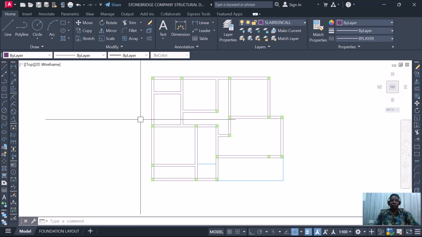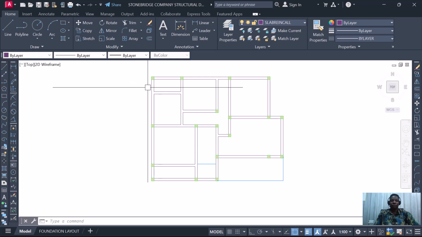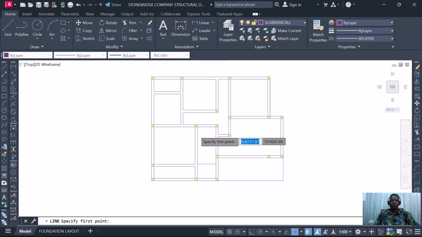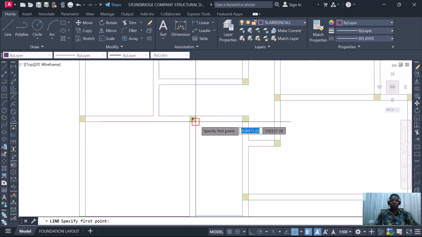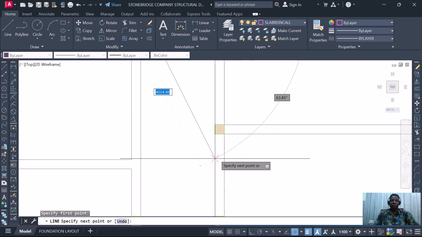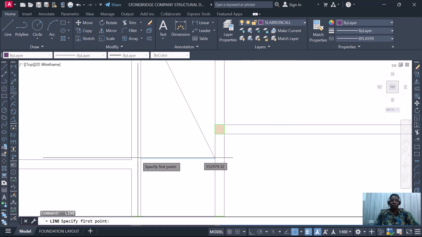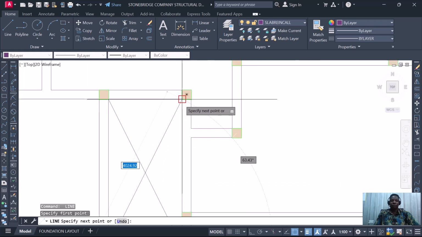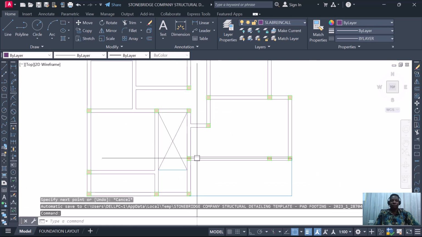So the next thing you need to do is to locate the void. You have to search for where we have the void along here, because you can't just detail the slab, as there's a space for access. That access is the staircase. We have the place where we have the staircase. In some cases where you have the staircase outside, you're going to point out an arrow indicating that there is a staircase outside there, or you introduce a continuation bar along that area telling them there is a staircase along there. So here, when we have the internal staircase, we just have to create a void. We have to create a void over here because the staircase is going to be detailed in here. Or we can also put a staircase sign over here, but in this case I just have to keep a void